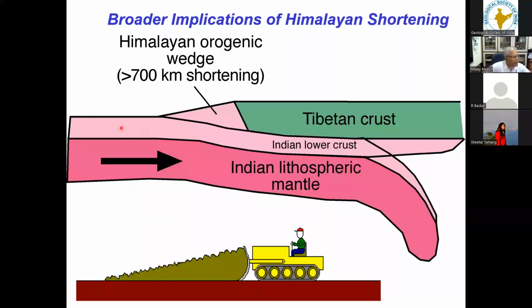So then we have a situation where you have the Indian lithosphere and crust, which is essentially underlying the Tibetan crust, and you have this wedge-shaped zone here, which is essentially where the Himalayan deformation is going on. So once we've established that we have a wedge-shaped zone where the base is the decollement, and then you have the rest of the Himalayan mountain belt in this wedge-shaped body, then we can understand what goes on inside this wedge just in terms of how a bulldozer pushes dirt.